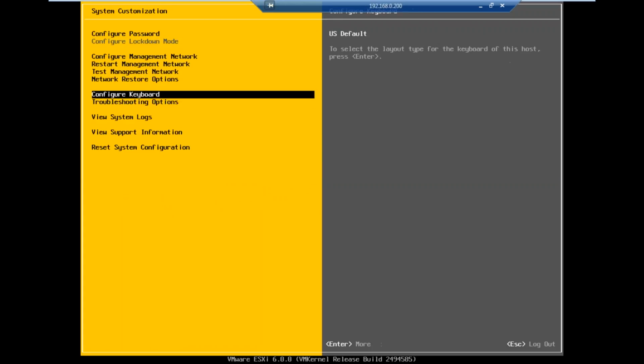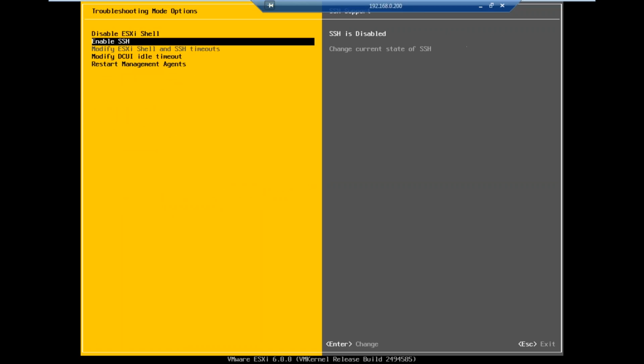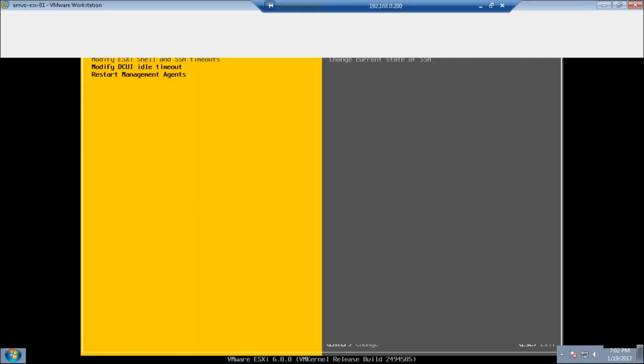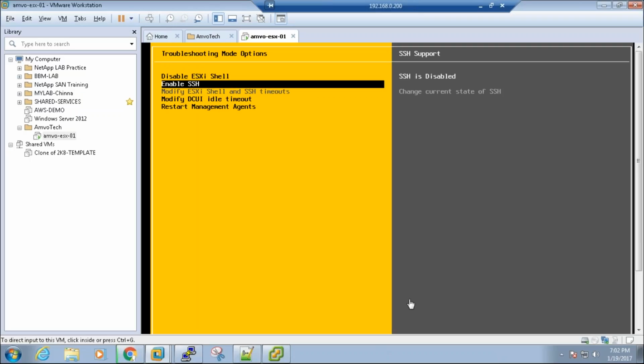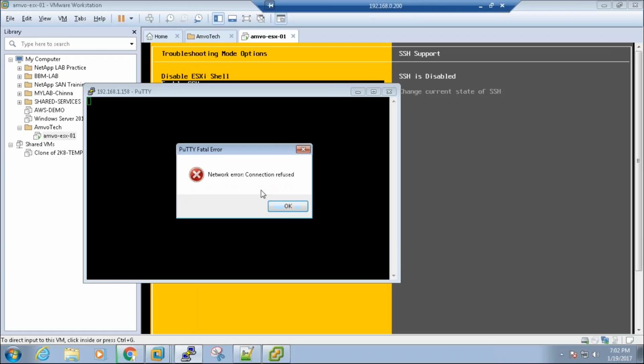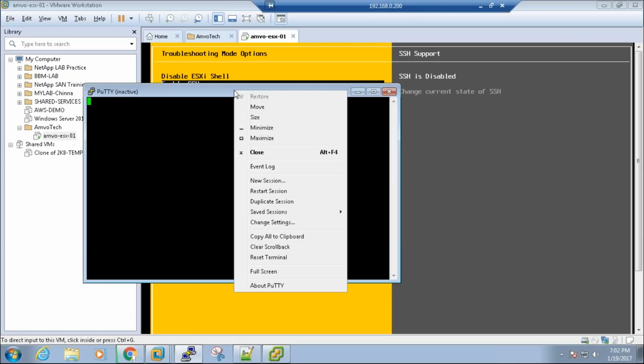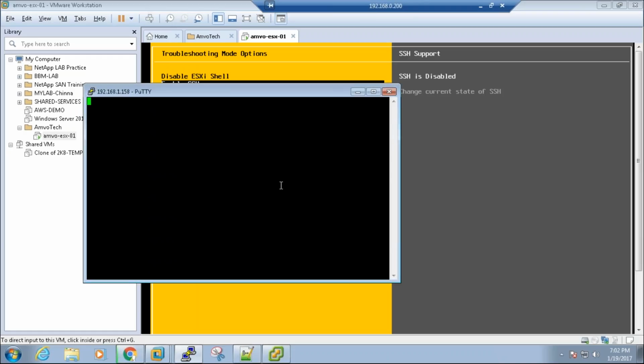Okay, so when I go to troubleshooting options again, the second option is enable SSH. That is exactly where PuTTY is working for you. If I go to PuTTY, connection was refused, right? Let me restart the session again. See what it says.